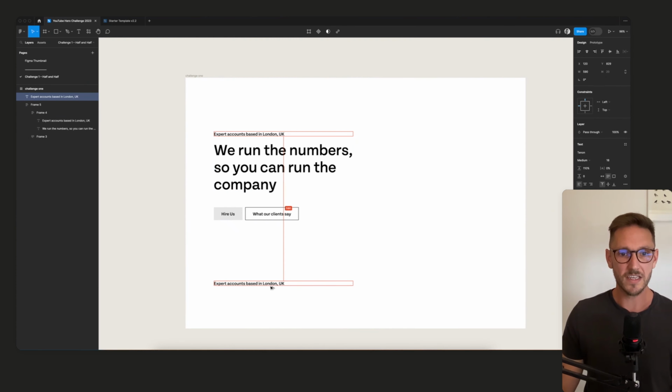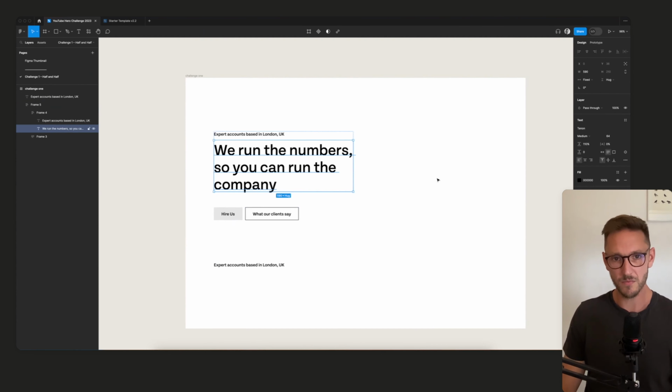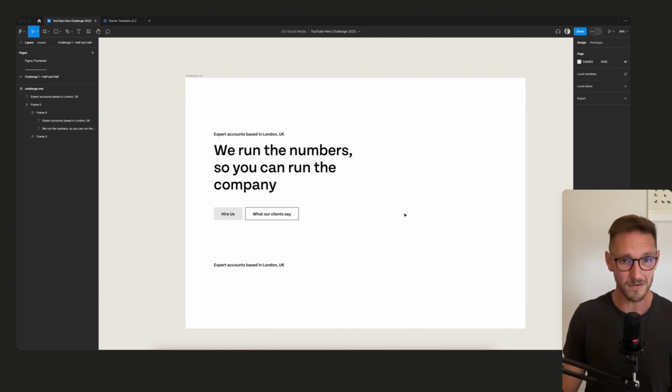And then it's a really good idea to get some kind of social proof above the fold. So above the fold is just the first thing that people can see when they load their screen. Obviously, we're saying who they are, right? They're expert accountants based in London. We're doing a sort of pun on the words here, to put a smile on people's face maybe, because, you know, accountancy is boring as hell.